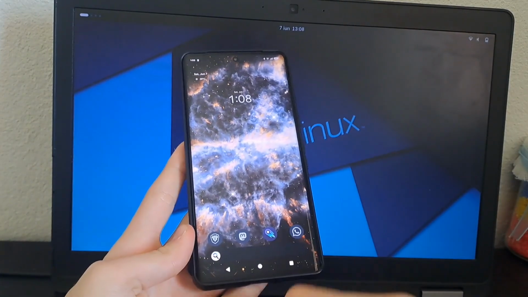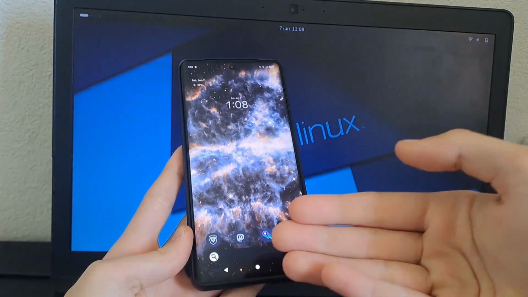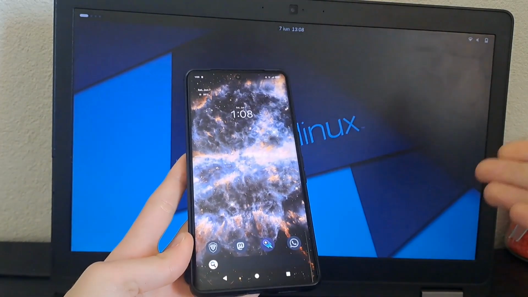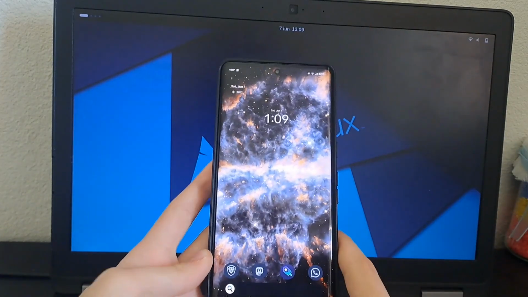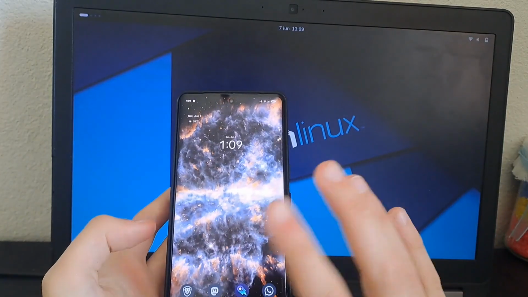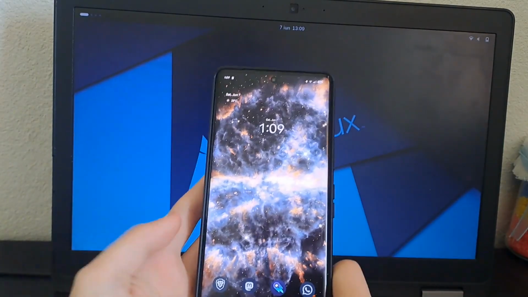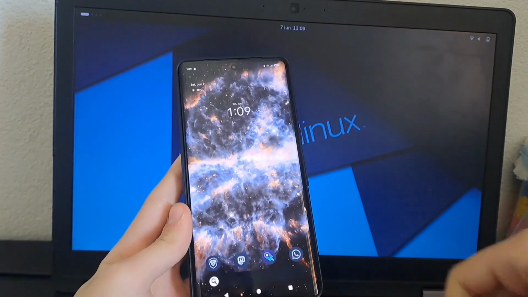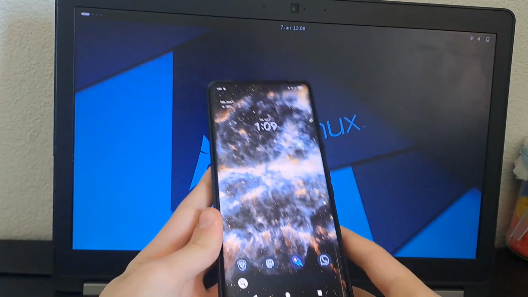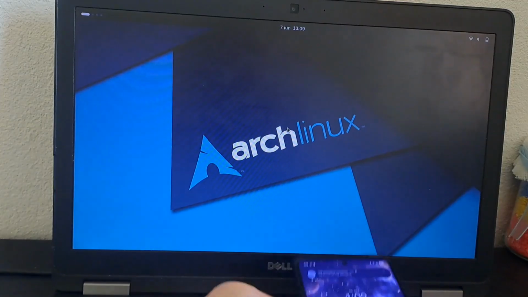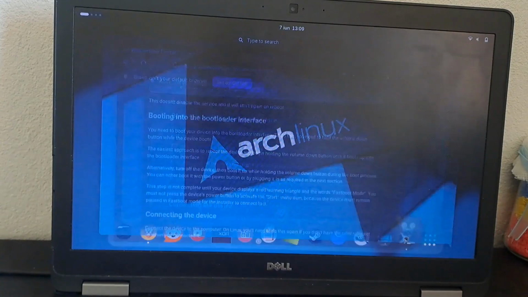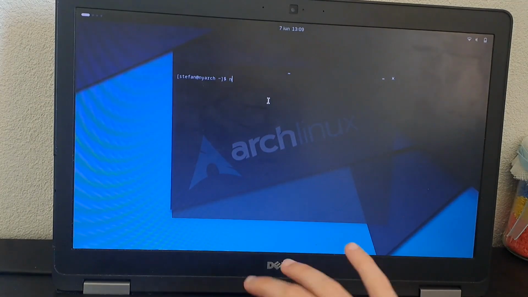So we will install it. And luckily for us, GrapheneOS has a web installer, which is to install the ROM needed on this Pixel phone. So what we're gonna do is plug this thing into our not Arch system, because if you go here into the terminal and type neofetch